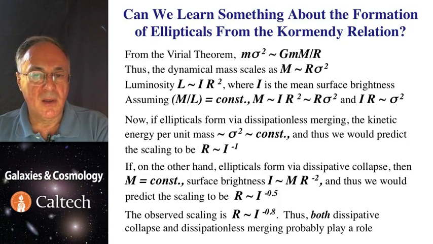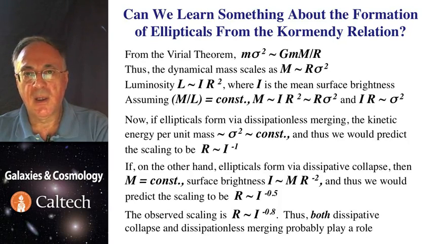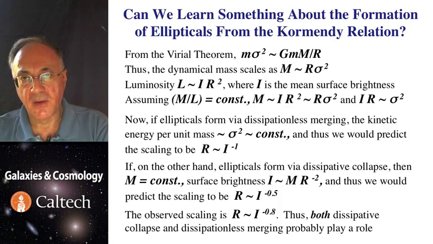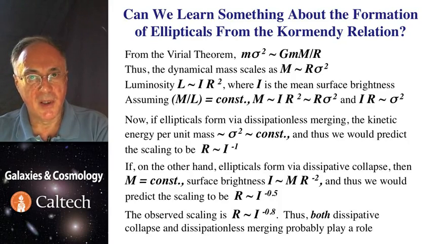Now, assume instead that ellipticals form entirely through dissipative collapse. There is no extra stuff being added in, the galaxy just shrinks. And because the mass is conserved, as the radius goes down, surface brightness has to go up by a square, and so radius will be inversely proportional to the square root of surface brightness, which is now too shallow for the Kormendy relation. So it's in between. And that suggests that both dissipative collapse and dissipationless merging play a role in the formation of elliptical galaxies, and that's